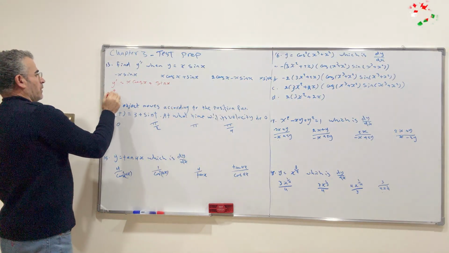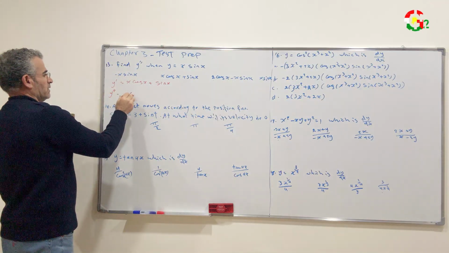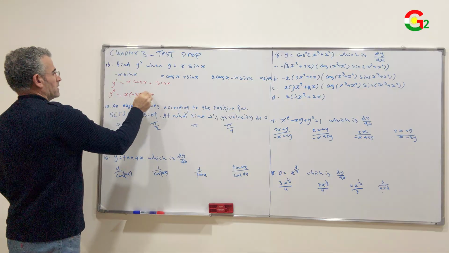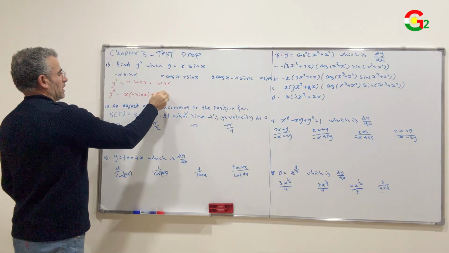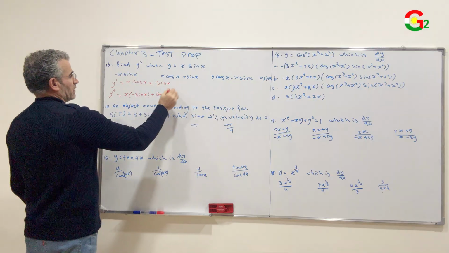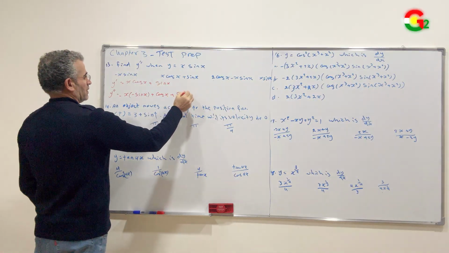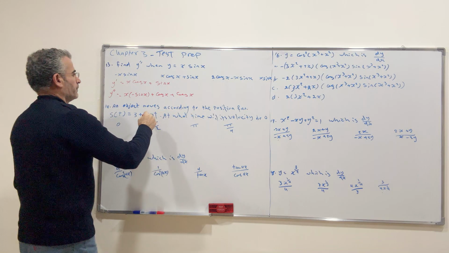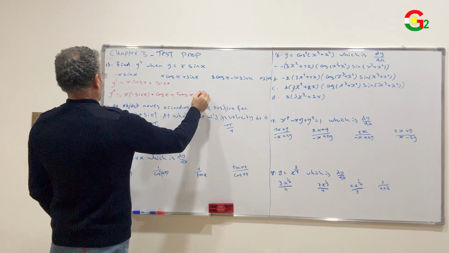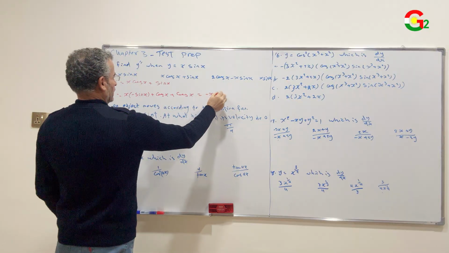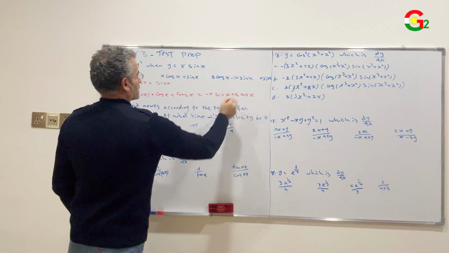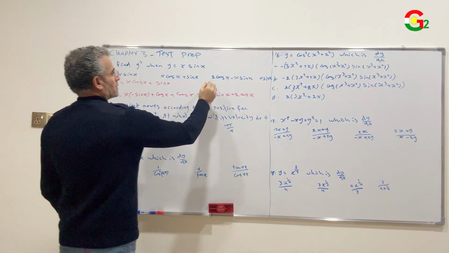Then y double prime equal to the first function times the derivative of the second plus the second function times the derivative of the first one plus derivative of sine, cosine x, equal to -x sine x plus 2 cosine x. Choice